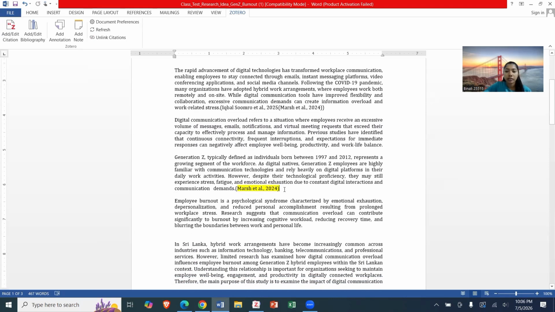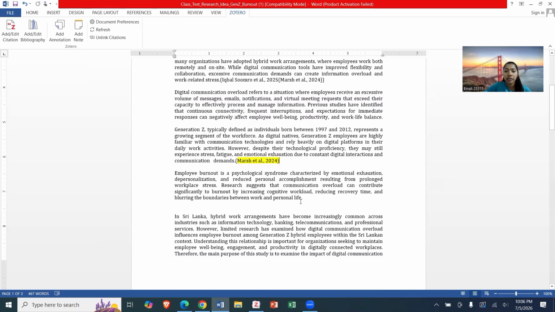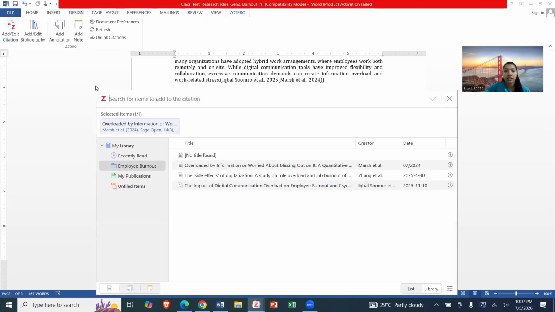Let's try another one. Then click the place where you want the citation. Click the place you want to put the citation, go to the Zotero tab, press add citation, select the relevant research and click accept here.